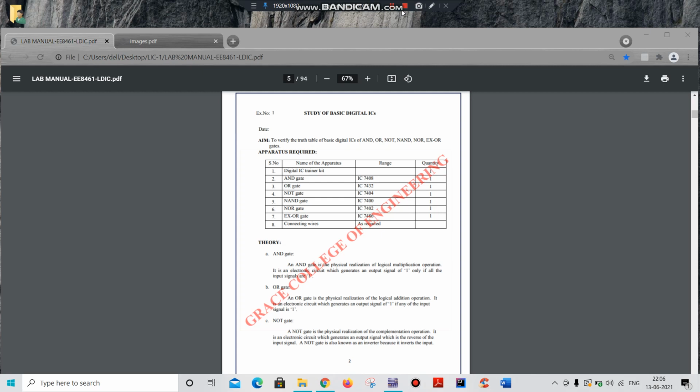So this logic gate is used to perform the logical operation in order to get the output as zeros and ones, that is in binary numbers, which depends upon the input signals, that are also in binary numbers, zeros and ones. So let me explain what a logic gate is manually.